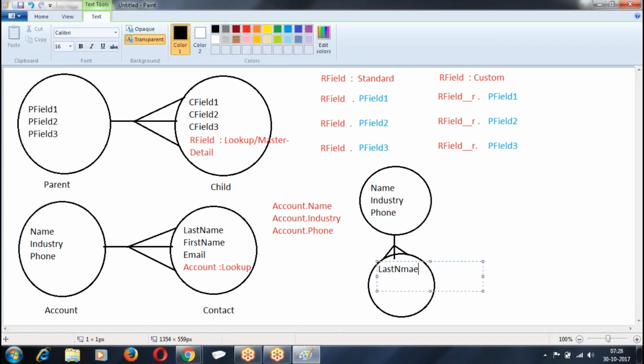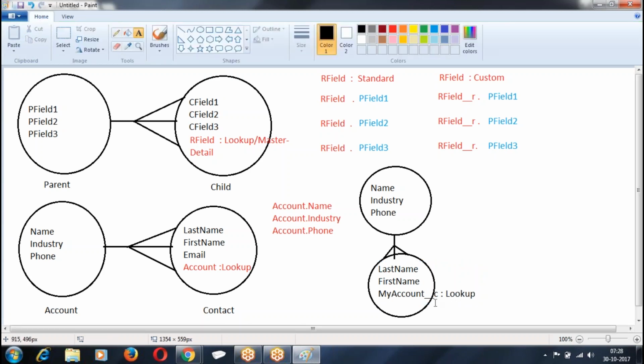In the contact only, I'm creating last name. Who created this My Account? We have created it. That My Account is a field which we created. Then how are you supposed to refer to it?